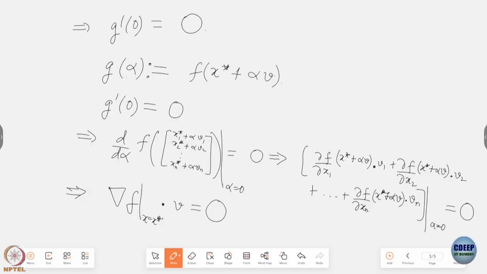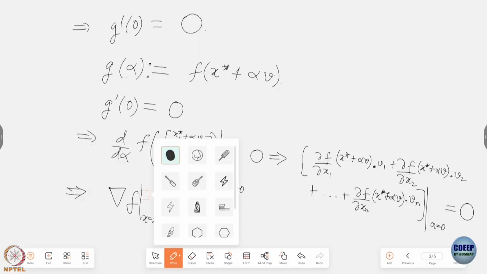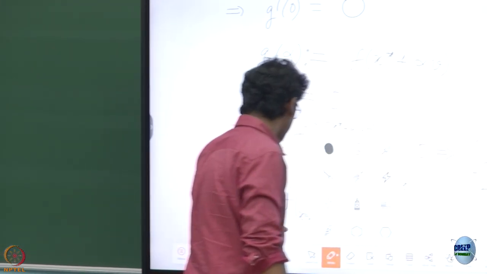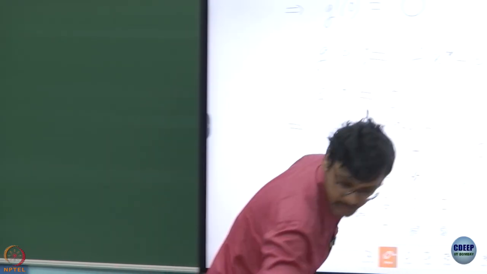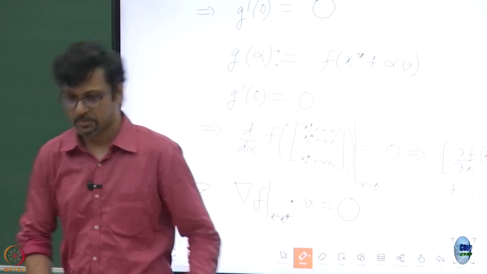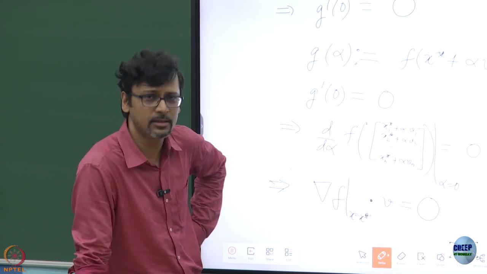Yeah. We are still not claiming that grad of f is exactly equal to 0, but we are very close to claiming that. Can you tell me what is the argument that will help us cross the final frontier and say that indeed just this object taken in and of itself will vanish? Sorry? V is arbitrary. Fantastic. That's exactly what the point is. Because V is arbitrary, what could you possibly have chosen V to be? One possible choice of V could have been what? The direction along the grad of f at x star? No.